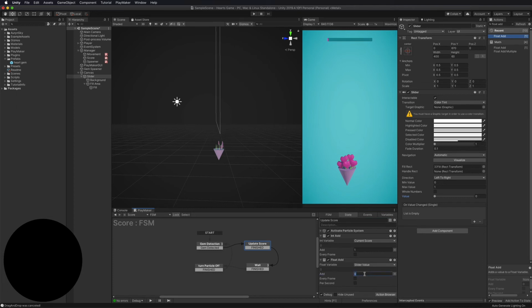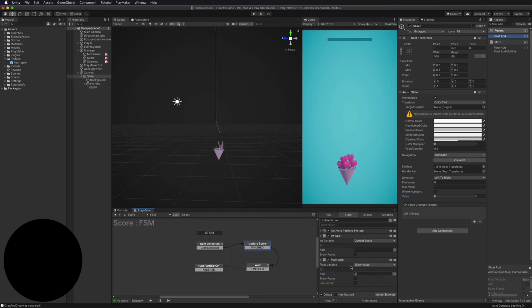And we don't want to add like 5, 10, 15 because the slider only goes from 0 to 1. So if we want to have 5% of that value, we're just going to have 0.05. And if we want to have 10 gems, 0.1. So let's just do 0.1. That way we need to collect 10 gems to get to 1.